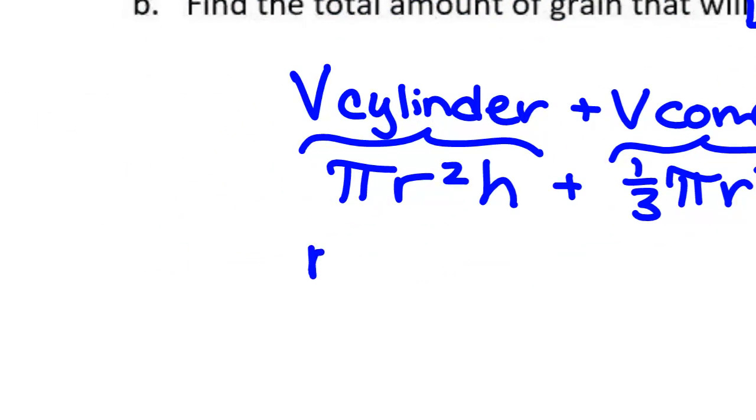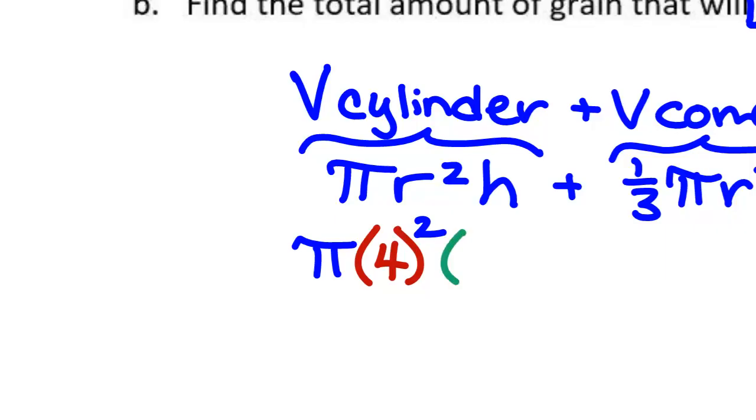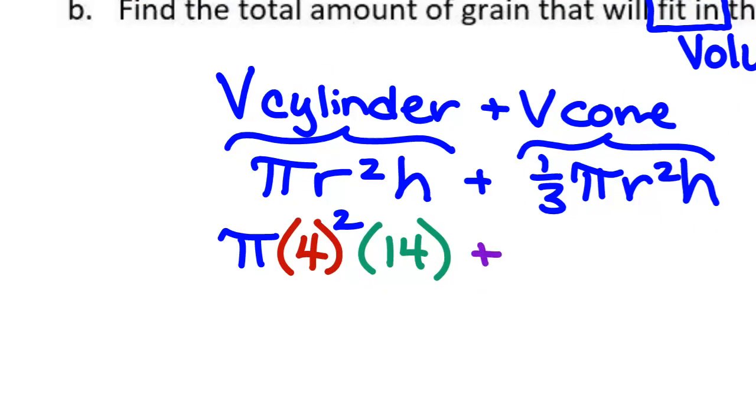All right, so I have pi times, what's the radius of the cylinder? 4. So pi times 4 squared times, what's the height of the cylinder? 14. So pi times 4 squared times 14 plus 1/3